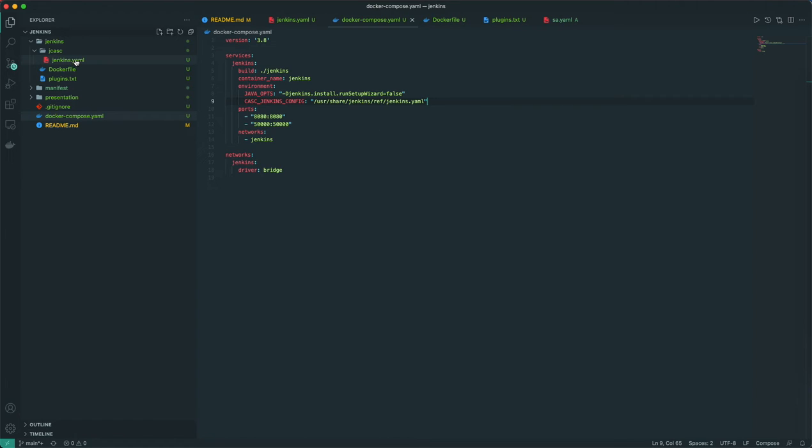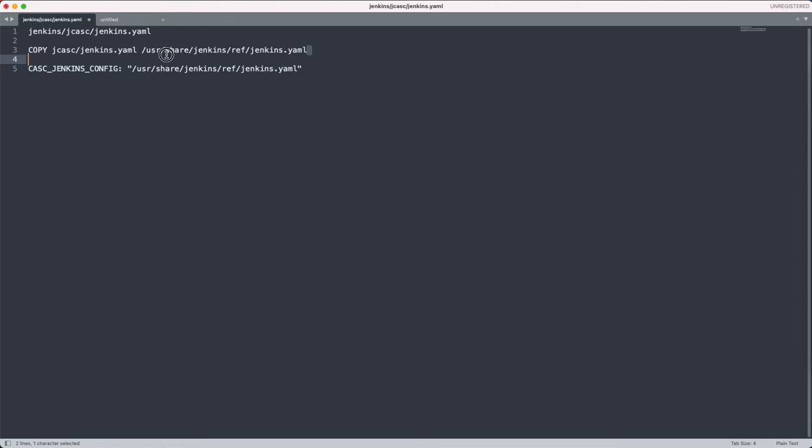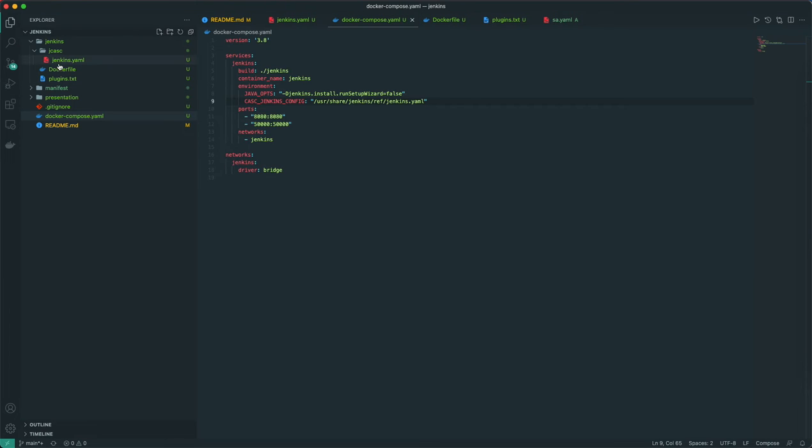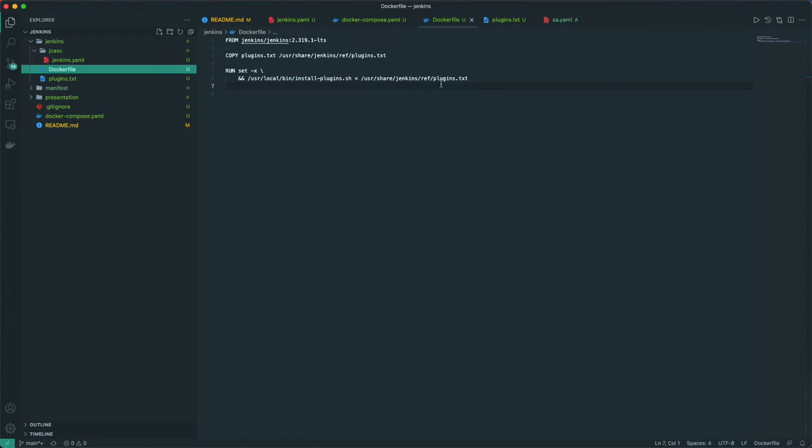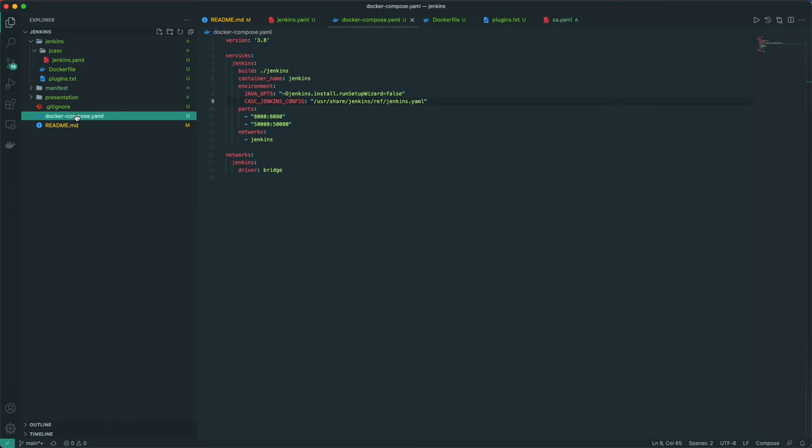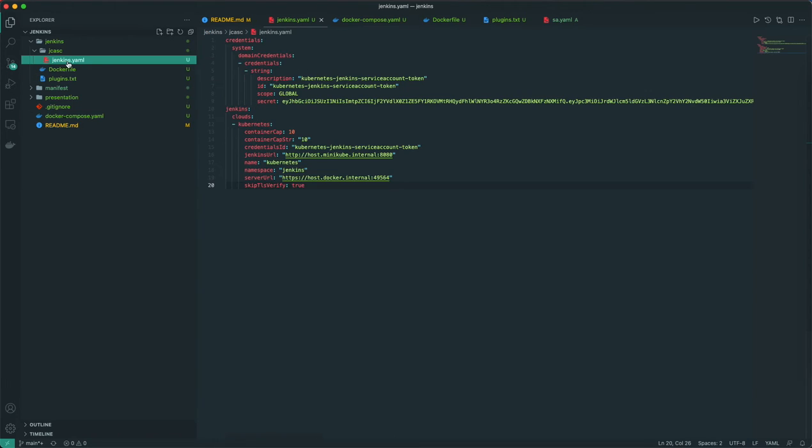Then we have to copy this Jenkins file to this path. So what we have changed now is that we are just mapping this configuration file with this file.